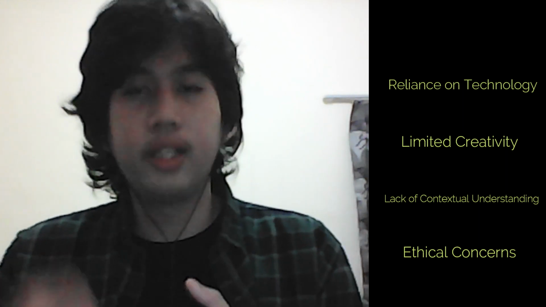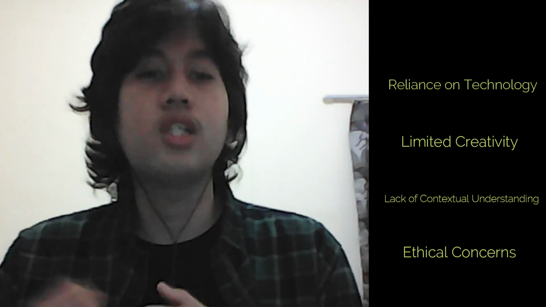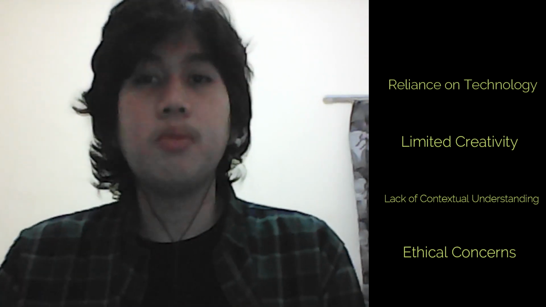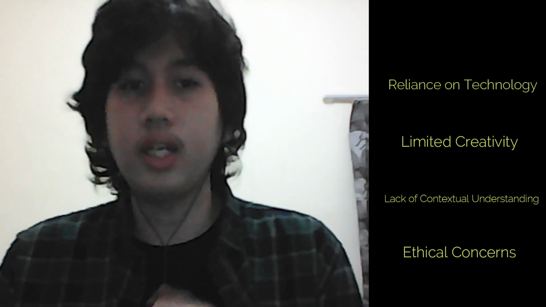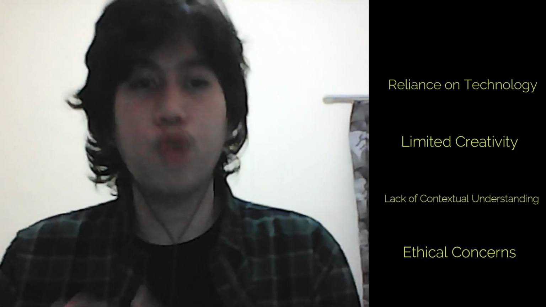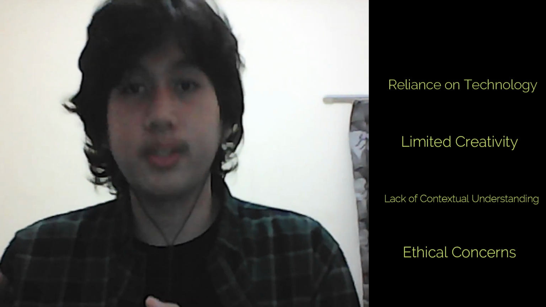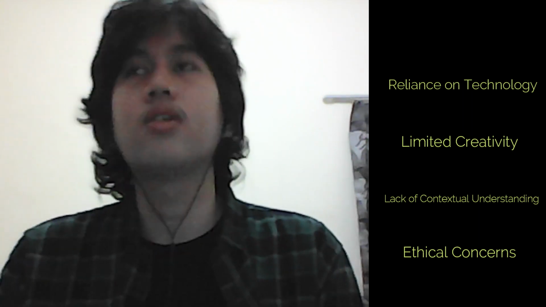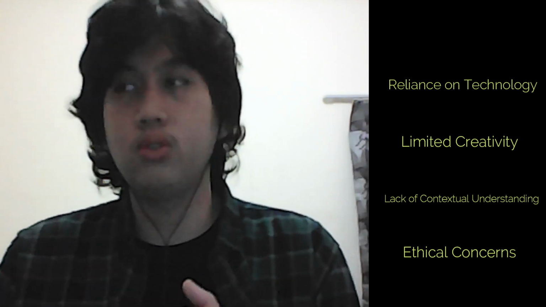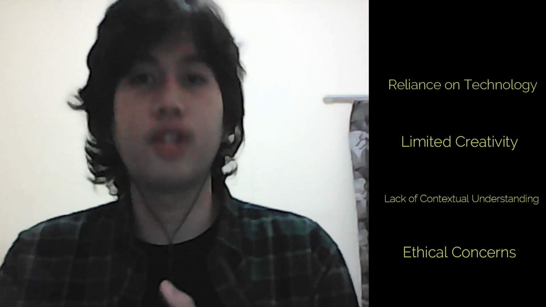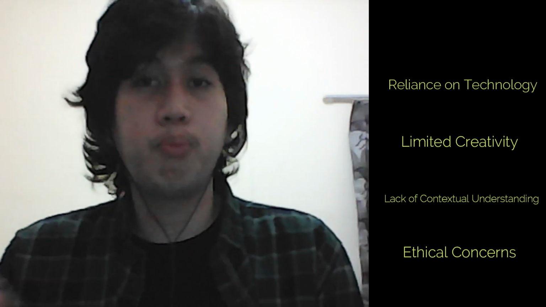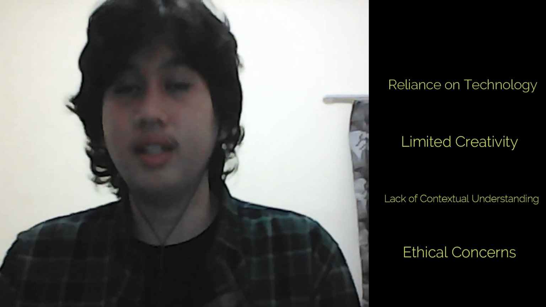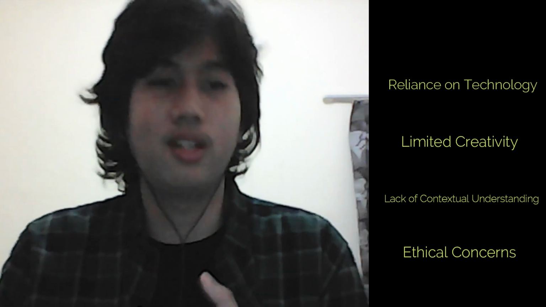The next one is the lack of contextual understanding. ChatGPT may also have trouble understanding the contextual nuances of a certain language. While ChatGPT can generate technically correct responses, it may not fully understand the full context of the prompt or the underlying concepts being discussed. This could lead to misunderstandings or inaccuracies in responses. For example, if we are trying to ask something about philosophy or maybe poetry, there are usually insightful meanings inside them that AI probably couldn't understand.